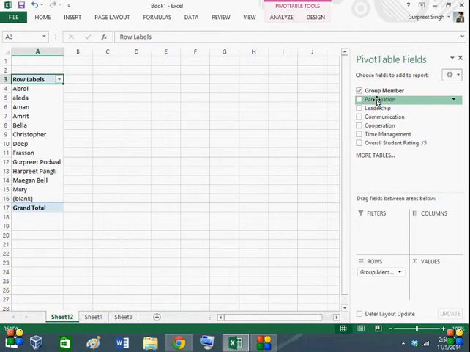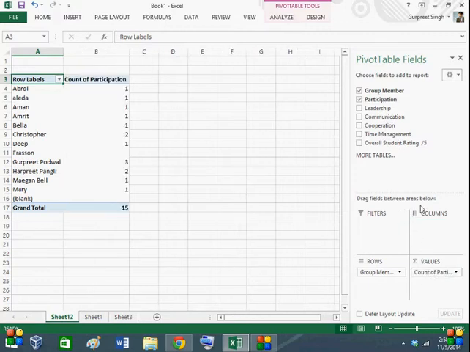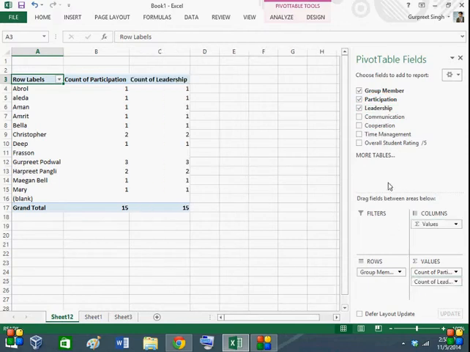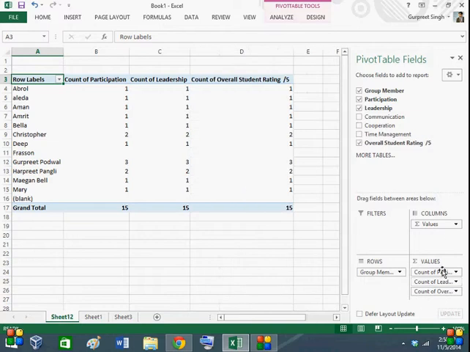I'm just gonna drag participation, since it's numbers, into the values. There you go, and add leadership to it, and just add one more. And for the sake of content, just add overall student rating 2. There you go. Here it is, our pivot table.